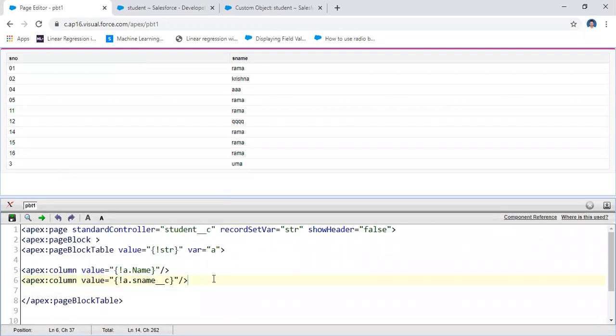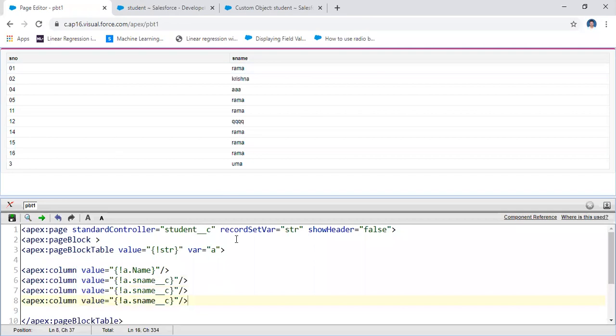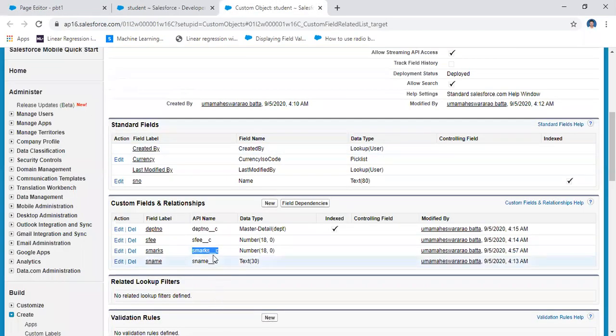For example, I want to display another: student number, student name, and then student marks. I require the student marks, and then another column here is student fee.